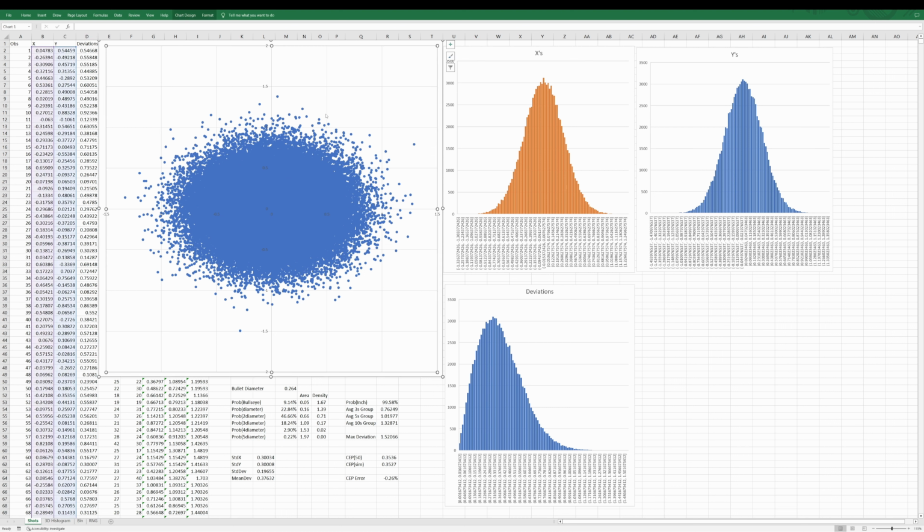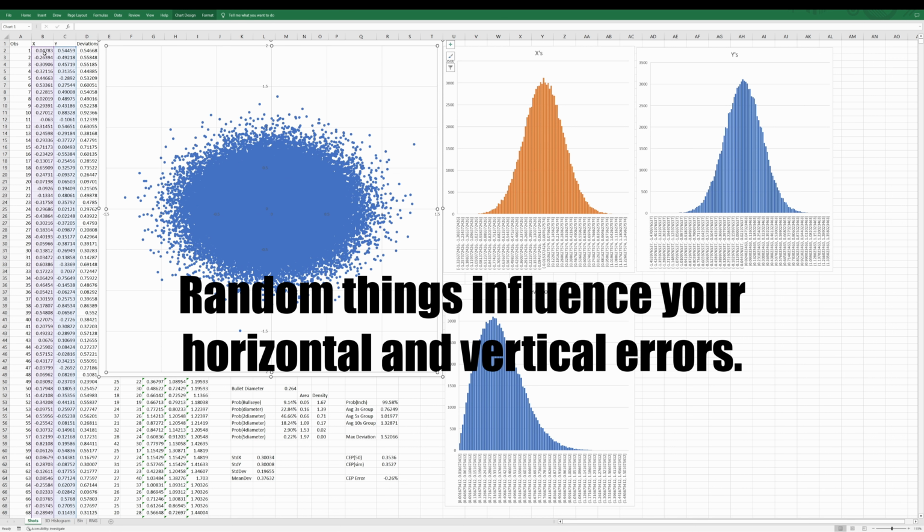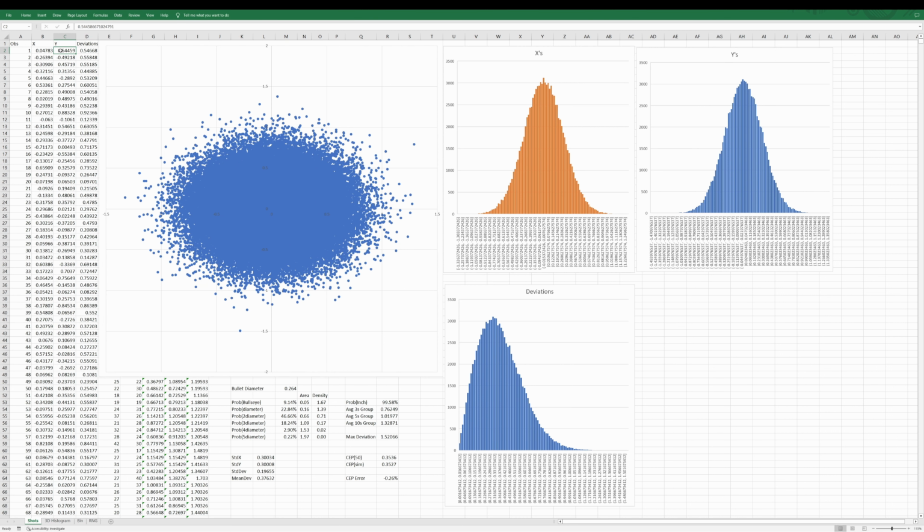So right here in the middle, I've got this big plot, and this is a simulation of 100,000 shots on target. And the way I did this simulation is by picking random XY coordinates, where both the X and the Y coordinates are independently normally distributed random variables. And so I've got little distribution functions over here on the right for both the X coordinates and the Y coordinates. You can see both the X and Y coordinates look like bell curves, and I did use random normal